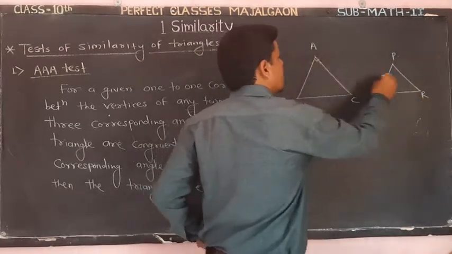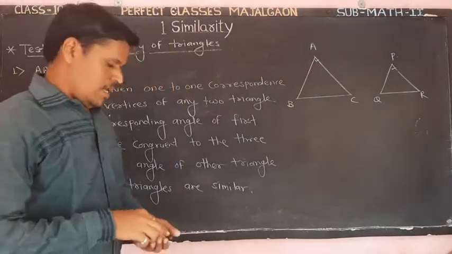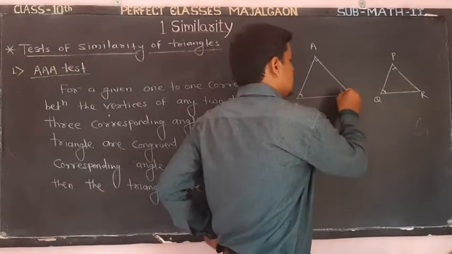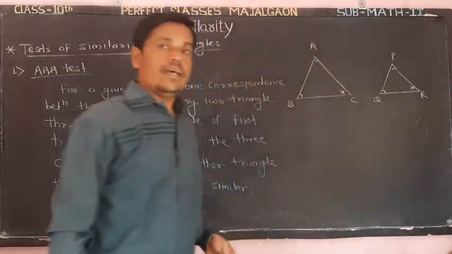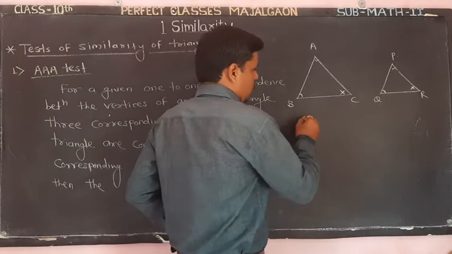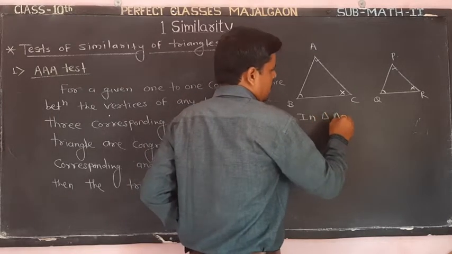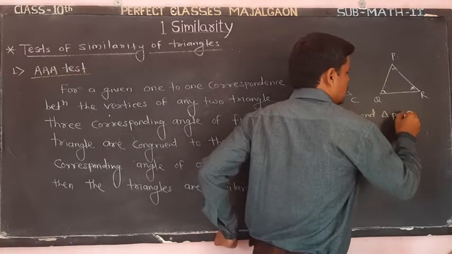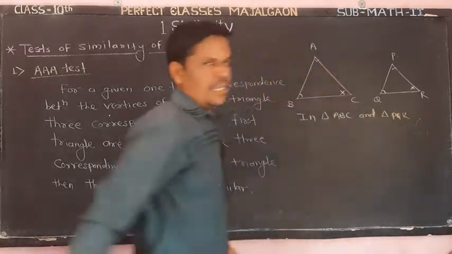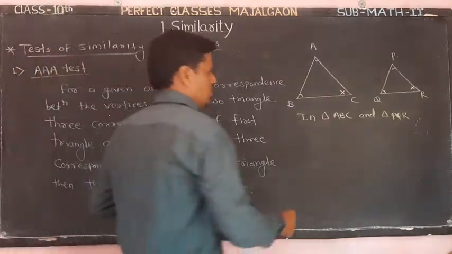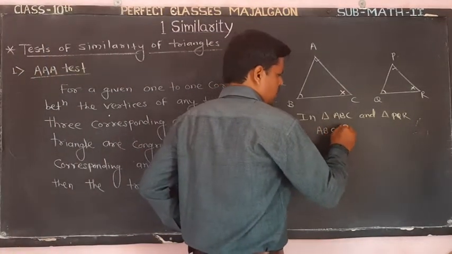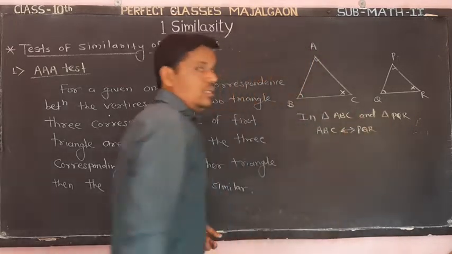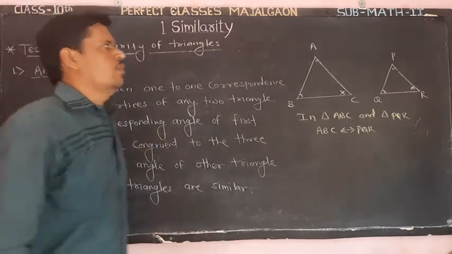Here angle A is congruent to angle P, angle B is congruent to angle Q, and angle C is congruent to angle R. Therefore we will write, in triangle ABC and triangle PQR, for the one-to-one correspondence ABC to PQR. This is the one-to-one correspondence. Between this one-to-one correspondence, if